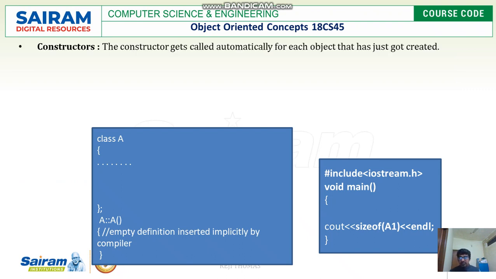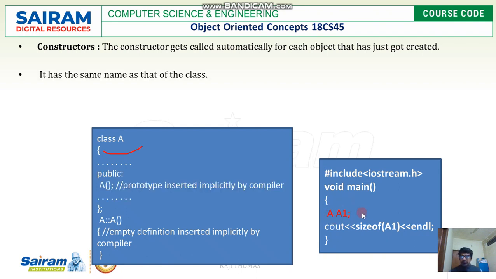You can see again a class called A. Let me repeat, the constructor gets called automatically for each object that is created. So here is class A and this is your main function. What we have done is create an object of class A inside the main function. When I do this, a constructor is created, and remember it has the same name as the class name,